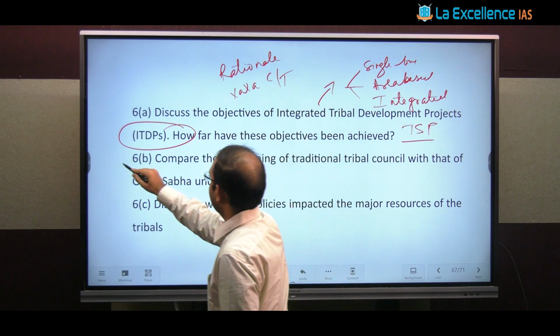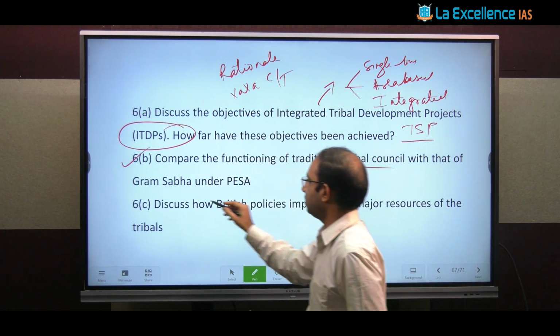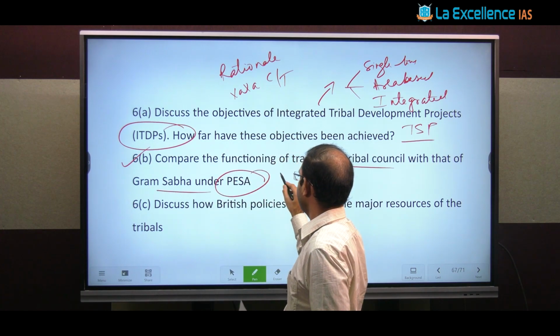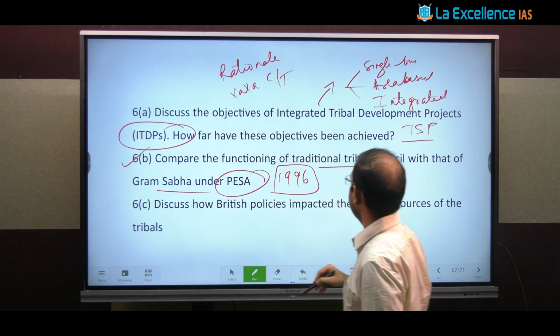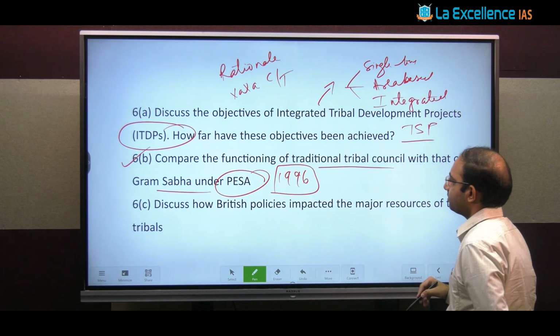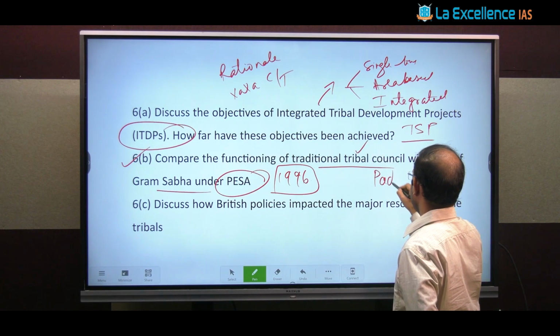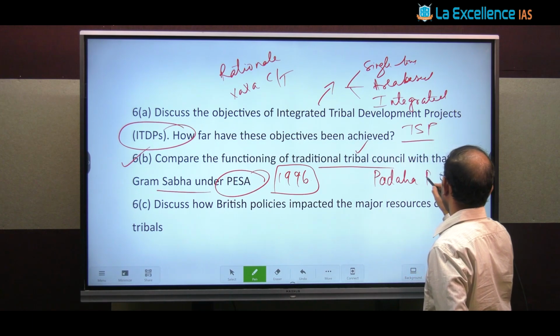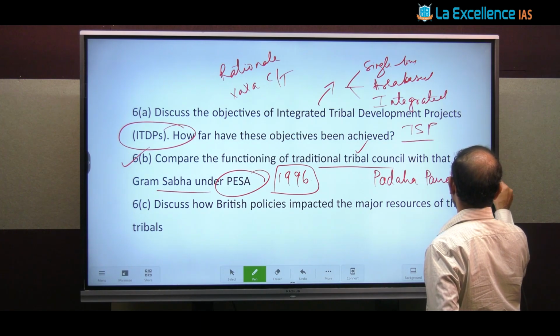Next, 6b. Compare the functioning of traditional tribal councils with that of Gram Sabha under PESA. Very good. PESA, we all know. Describe the provisions of PESA 1996 and then compare how Gram Sabha is different from traditional tribal councils. Here you can take examples of Pada Panchayat of Oraon and say these are based on traditions